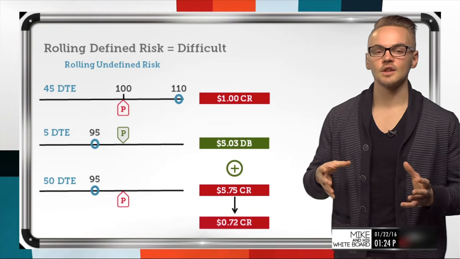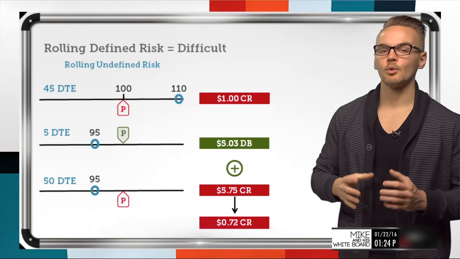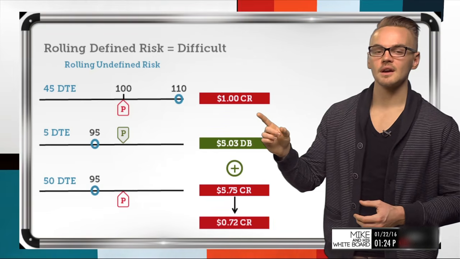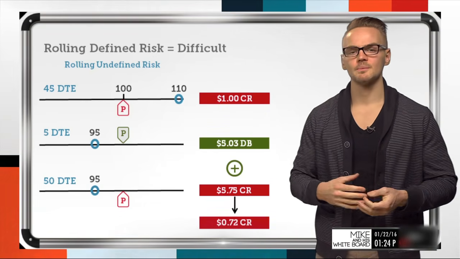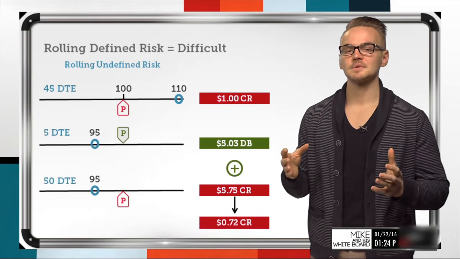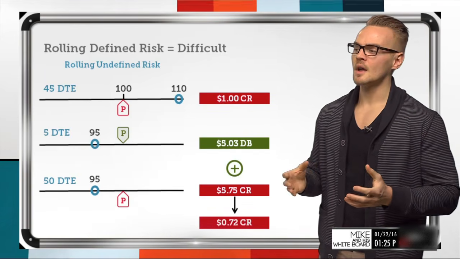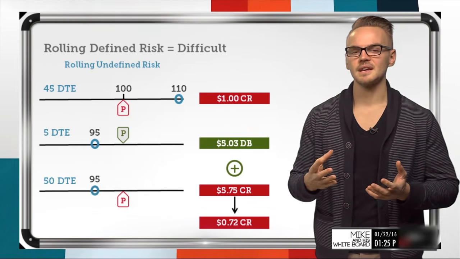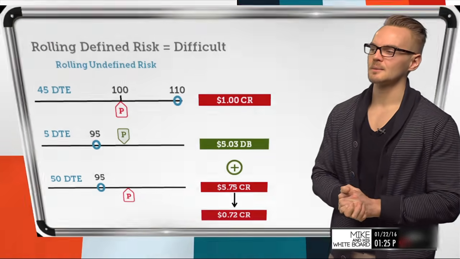I did lock in that loss temporarily, but if the stock price comes back up above 100, I would have wiped out that entire loss and realized the profit of my original credit here of $100 in addition to this net credit here of $72. So my total new profit would be $172 if I were to let that option expire if the stock price came back up above 100. So we've got all these things going for us with undefined risk trades. And that's why you'll always normally see us rolling undefined risk trades if we have the same assumption. So let's take a look at the next slide and we'll break this down.